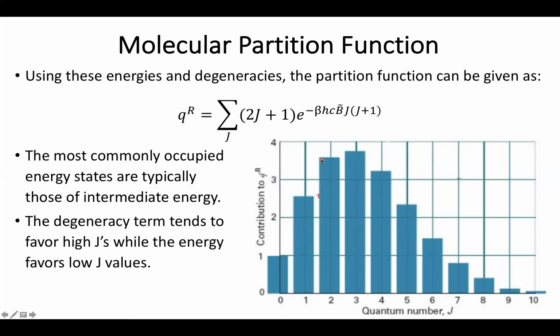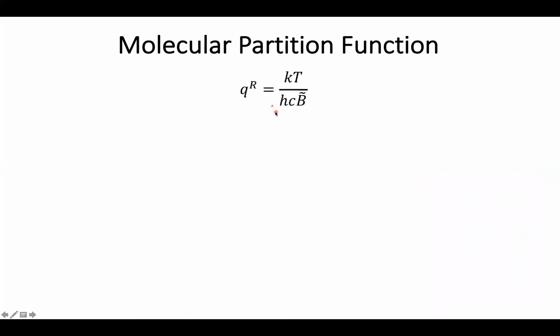Now, one of the things that we can actually make use of is that in practice, most of the energy levels for the partition function are tightly enough packed that it's possible to turn this sum into an integral. And when you actually go ahead and integrate the system, again, just like translational forms, it's going to give us a well-known form of an integral solution, which in this case abbreviates to Boltzmann constant times temperature over hc times our rotational